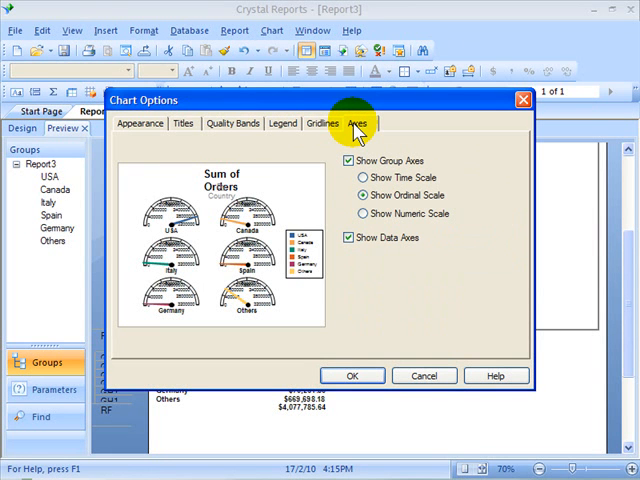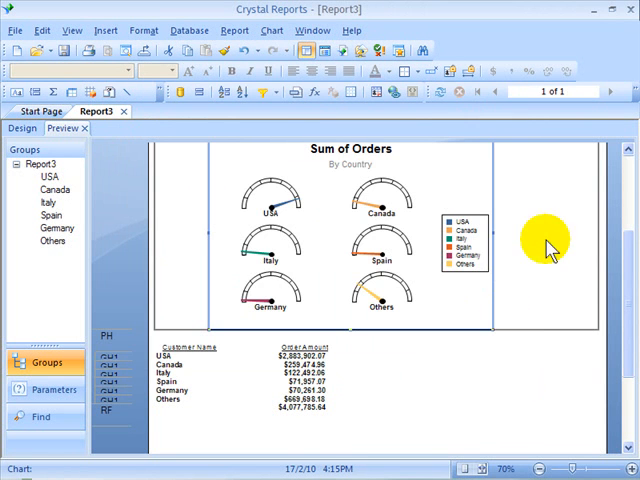If you'd like to show those axes on the chart, you can show the group axis or not. You can show the data axis or not. Maybe it's a little bit cleaner if we don't show the actual data value on these gauges. Because when I click OK, we're back looking at the gauges, and if I remove the legend by selecting it,